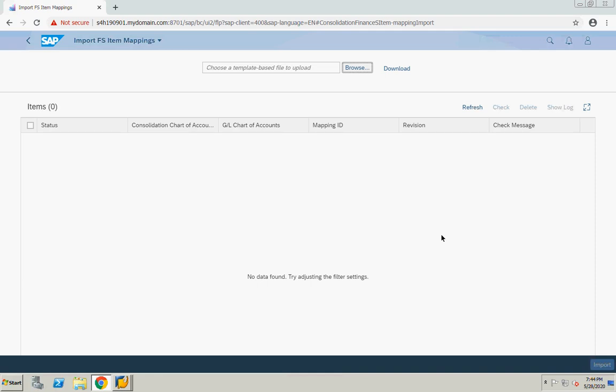That means the operational chart of accounts mapping is already done with group accounts. Correct. But when I am loading to group reporting, I have an option to map my operational chart of accounts, because in ACDOCA I have operational chart of accounts data. Whatever group account is there, it is only for reporting purposes.